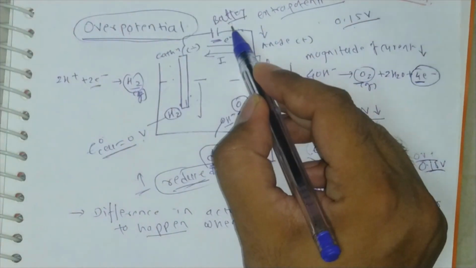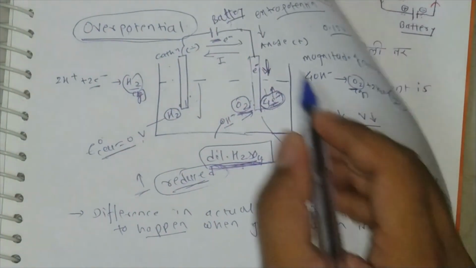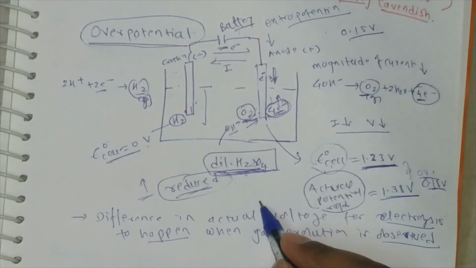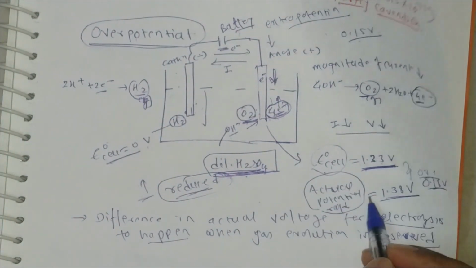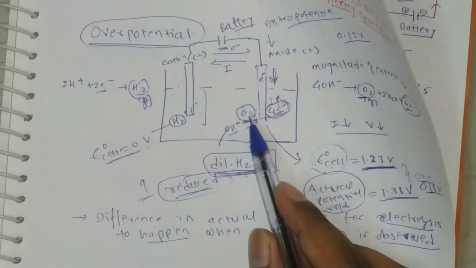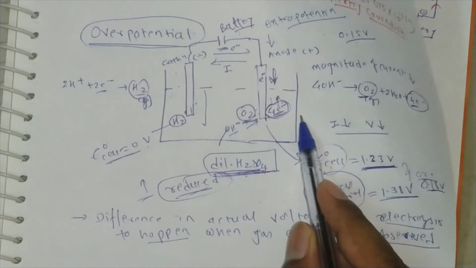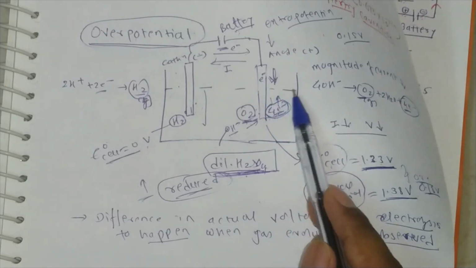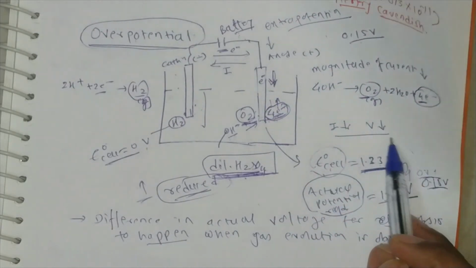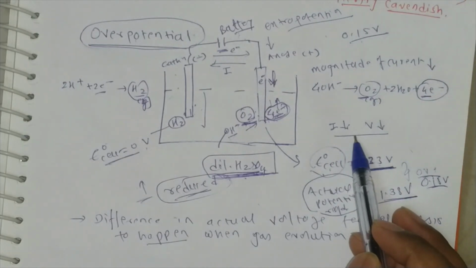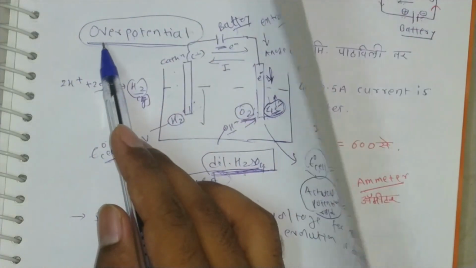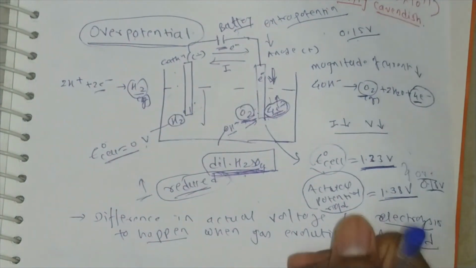So we provide through the battery 1.3 volt of external potential so that the process gets reversed and electrolysis of dilute H2SO4 happens. But this potential is not sufficient as there is a formation or generation of oxygen and electrons, which opposes the flow of electrons from the opposite direction, that is the current, which in turn opposes the potential of the battery. So we need an extra potential. That extra potential is called over potential, correct? Now we look at the products of electrolysis.